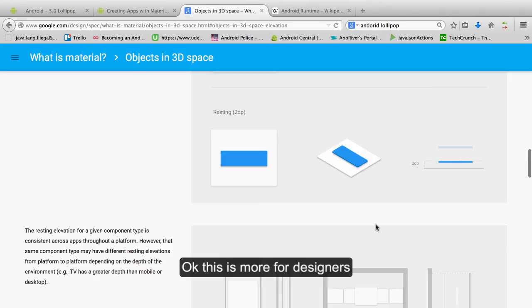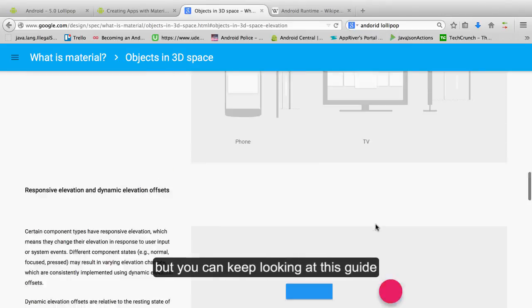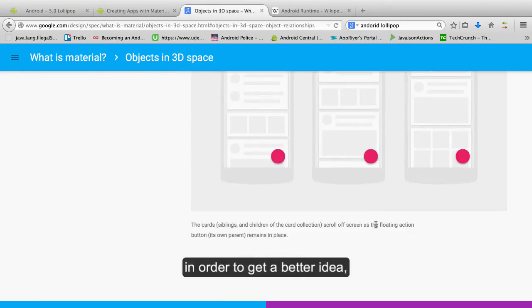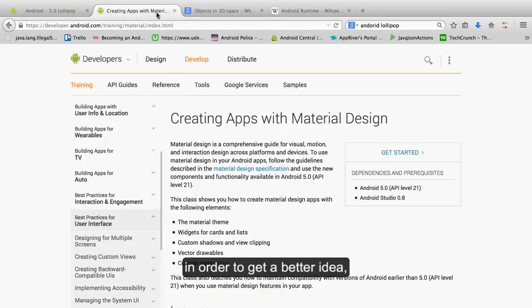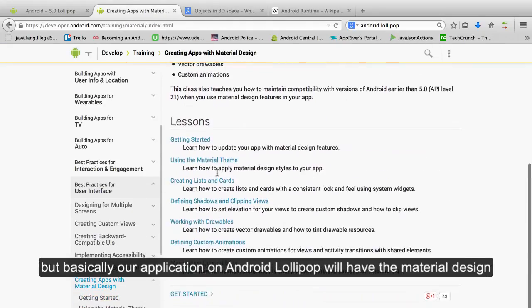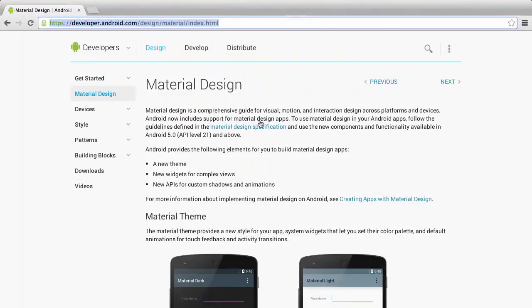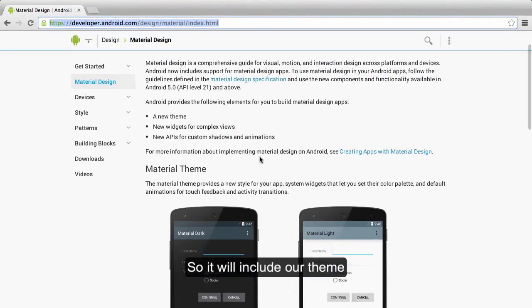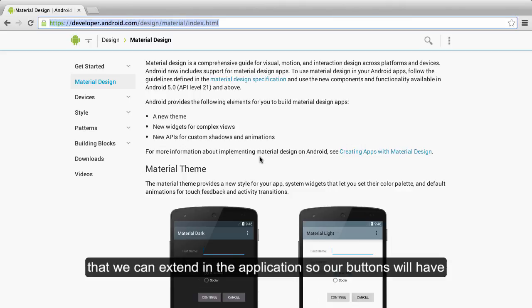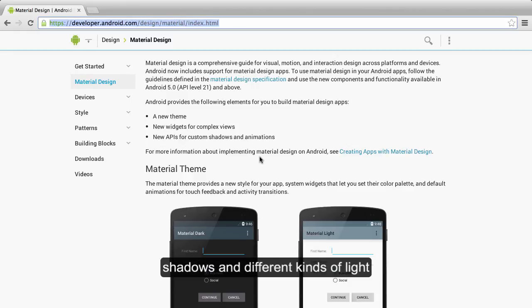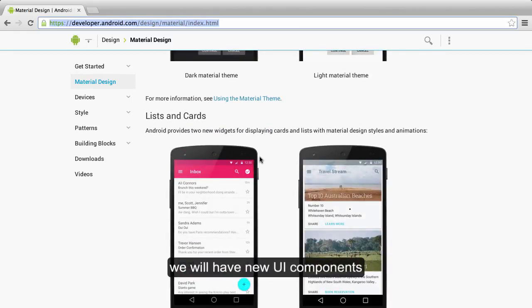Okay, this is more for designers, but you can keep looking at this guide in order to get a better idea. But basically, our Android Lollipop will have the material design. It will include a theme that we can extend in our application. So our buttons will have shadows and different kinds of lights. We will have new